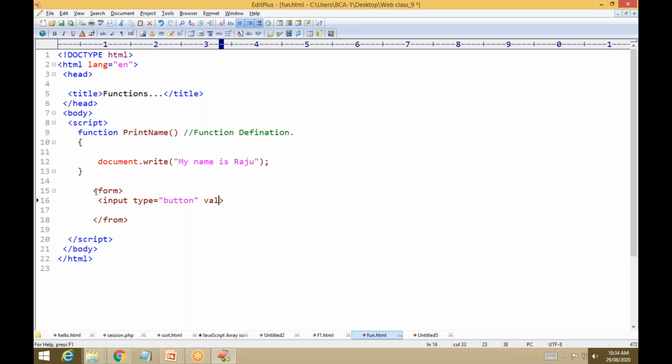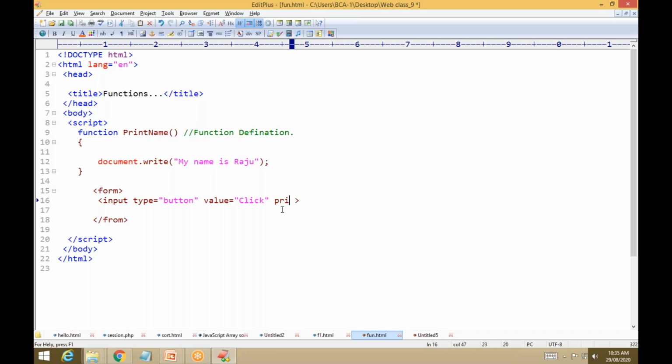Okay, value, what is the value here? Call function. You have to call the function, that is the name of the button, call function, so that you can understand. Here I want to call the function, because every function needs to be called. How are we calling?